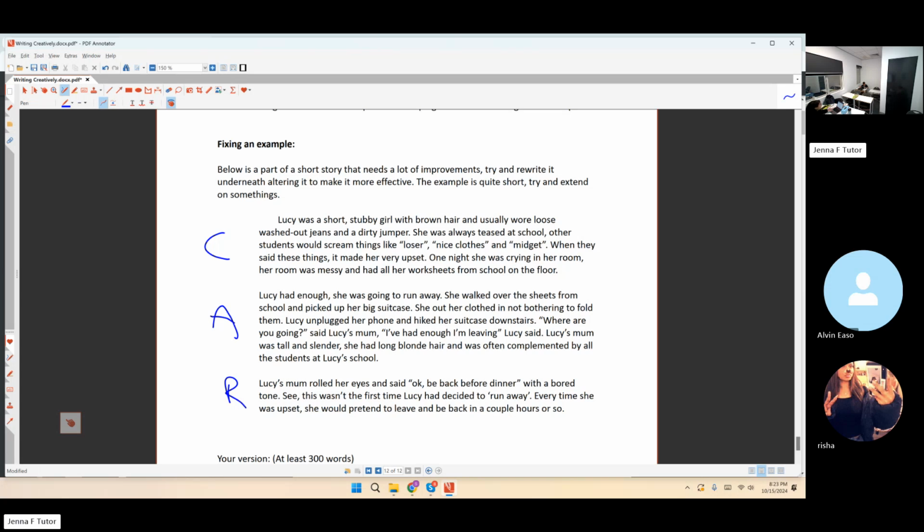I'm going to give you guys the last 7 minutes of class to go through your homework and just get a start on it. That way you don't have too much. If you want to go back to character or setting or whatever you got up to and finish that first, or if you want to do this example, fix it up and write it underneath. Completely up to you. You guys just have this time to work on your homework and stuff.